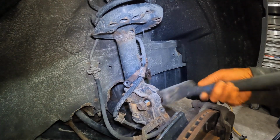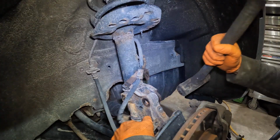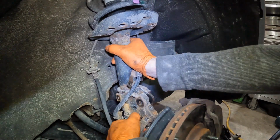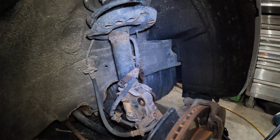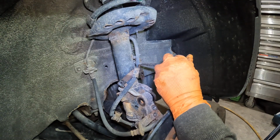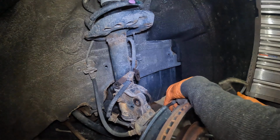Just gotta shoot that one out. Do the same thing. There we go. Rock this back and forth until it. But that ain't gonna work either. So you gotta get a punch. You gotta get a punch, and I mean, if you can get this sway bar link out, that makes the world of difference. Then you can move it all pretty freely, and then